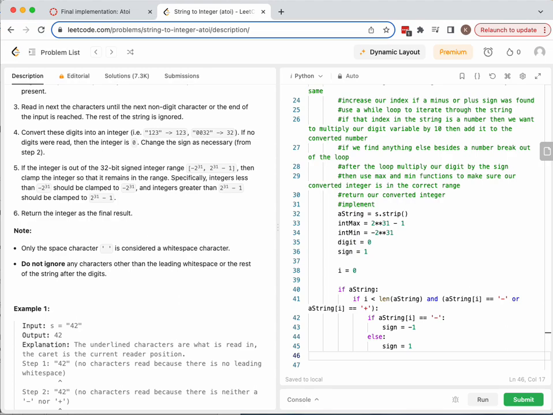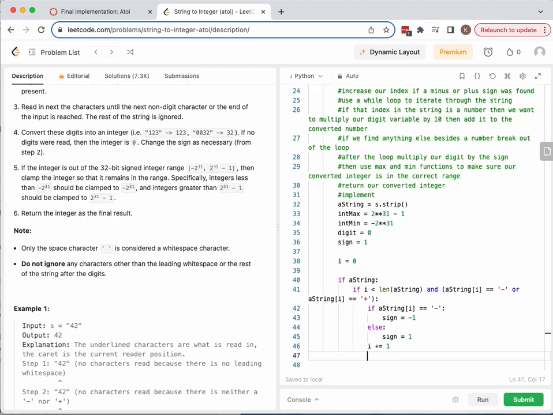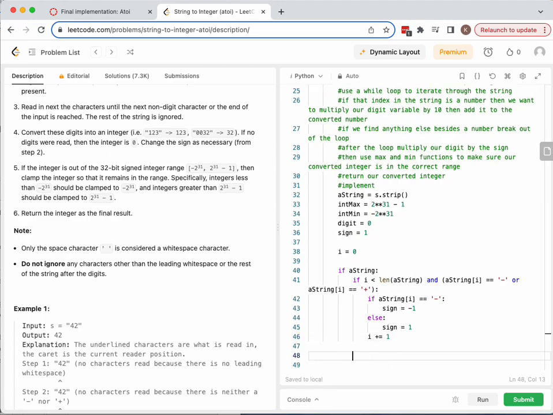Otherwise, it can remain positive. And then if something is found, we just want to go to the next iteration of our string. And so we use a while loop. While i is less than the length of the string without white space,